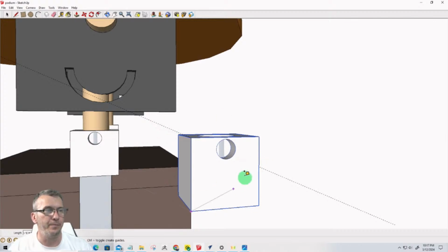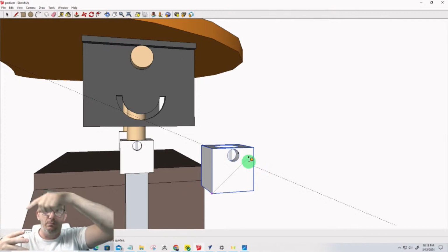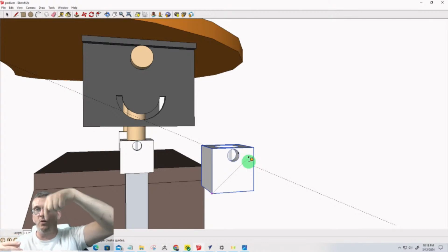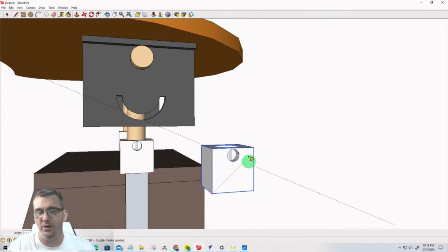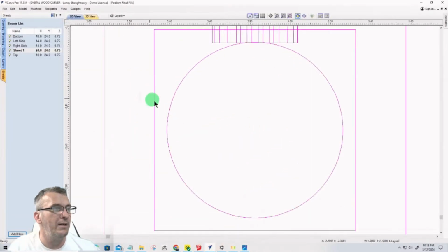So that's exactly how I would do it. That piece of MDF is my holder, my clamp, if you will. It's a friction fit, but it's also my jig, because I'm going to be zeroing out on the corner of that so it knows right where to go to cut that part. So when we're in Vectric here working on this and everything,